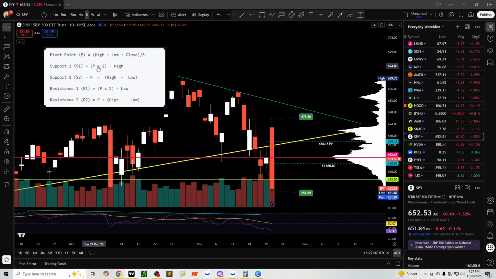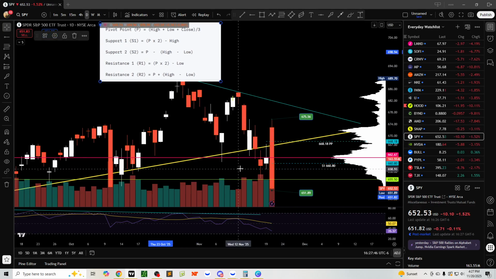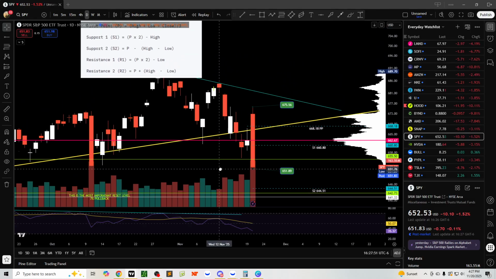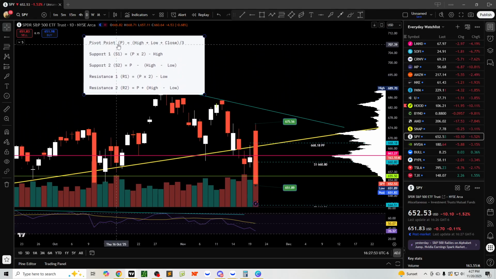Support 1, pivot times 2 minus high. Why is it showing a support above where we closed? One second, guys. Is our pivot point wrong here? So high 675.56 plus low is 651.89 plus close is,